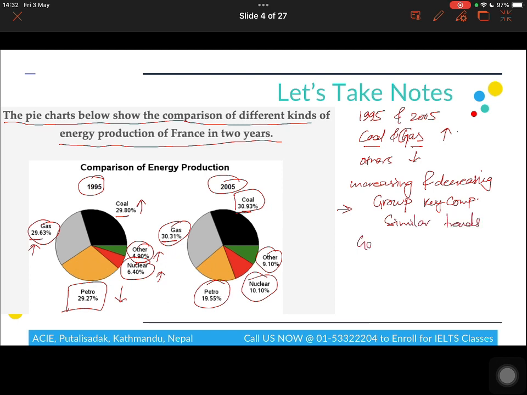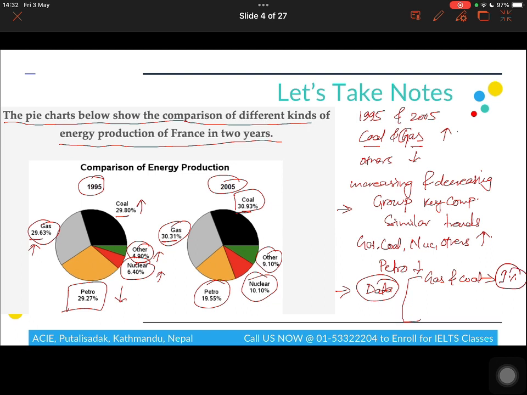So here for gas, coal, nuclear, and others, it has increased, while for petro it has decreased. Now there is one other strategy of grouping information, which is on the basis of data. Another way that you can use to categorize this information is that in gas and coal there is a change of around 1%, right? So by benchmarking data we can group our information as well,